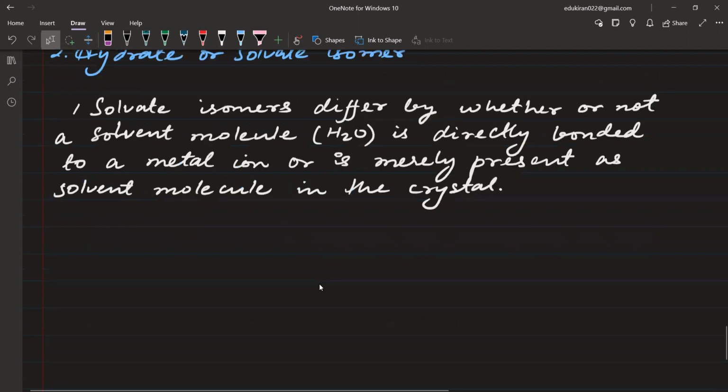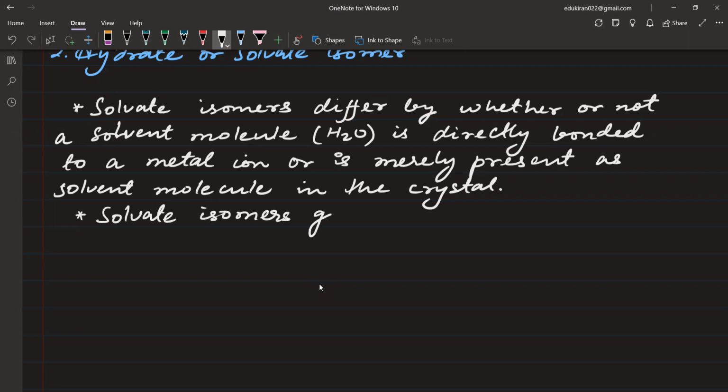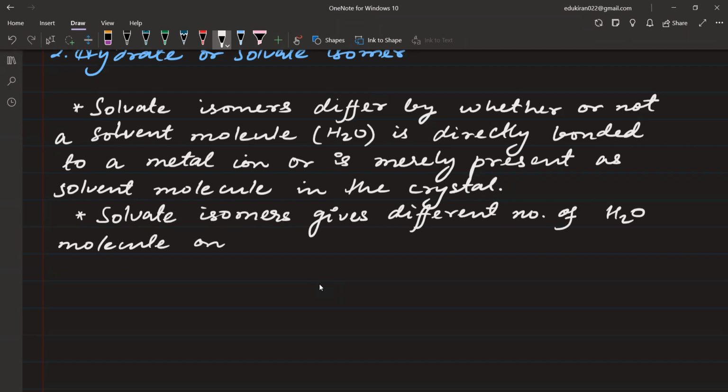एक और पॉइंट लिखिए. Solvate isomers give different numbers of H2O molecules in solution. ठीक है. For example,